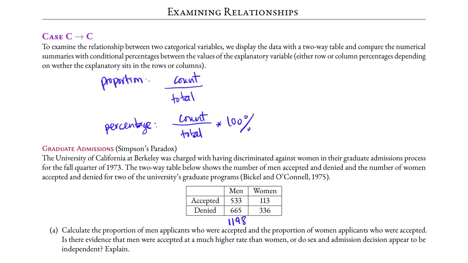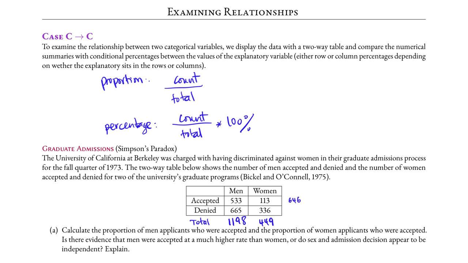This will tell us how many male applications in total. Same thing, 113 plus 336 will give us 449. And then the row, how many accepted in total, both men and women. In this case, if we add 533 to 113, we will get